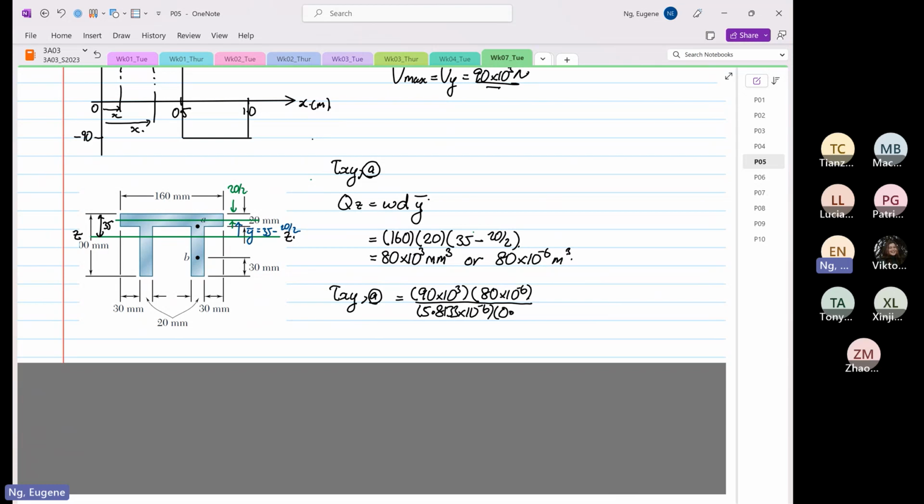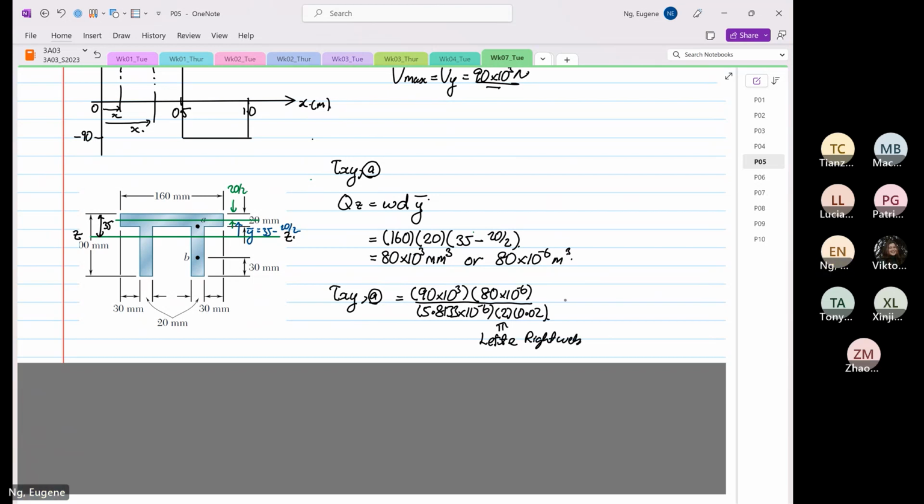Thickness now, we have to be careful. So the thickness now, this is point A, like what we saw earlier. The thickness is twice multiplied by 0.02. You will not want to use the 0.16 because that will give you a shear stress that is lower in value. No point calculating a shear stress that's lower in value, where the higher value will actually induce failure. For that reason, the thickness is 2 times 0.02, because you have left and right